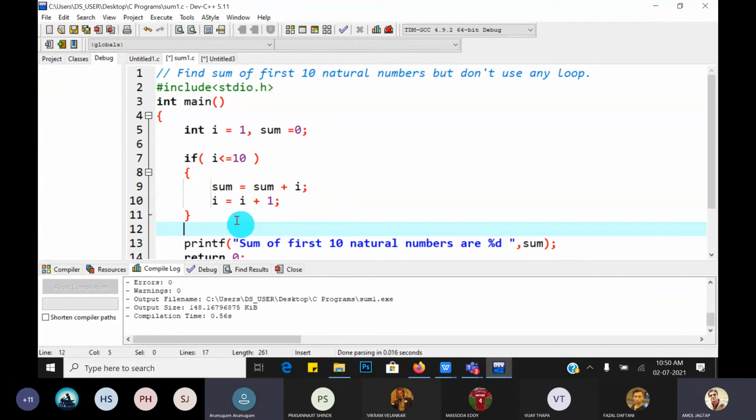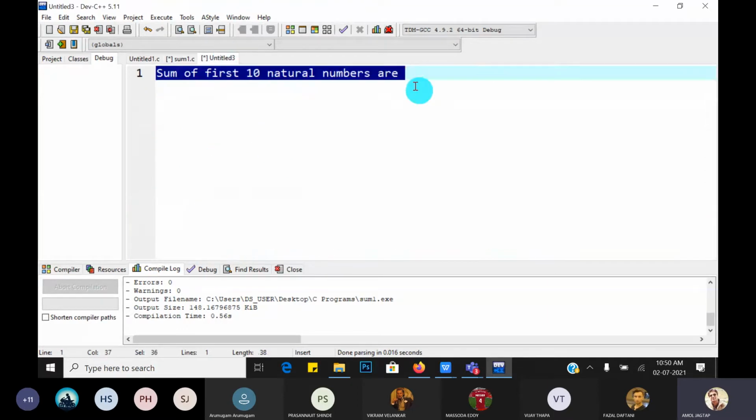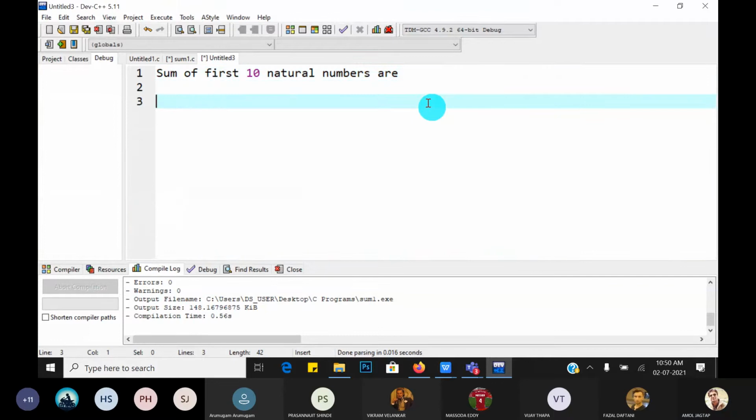So the condition is that you don't use recursion. A function calling itself is called recursion. We will see that part in later sessions, but don't use loops. Don't use recursion. Then in this type, what is our concern? How to convert a branching statement into a looping statement. So there is one construct called goto. So how does goto work? Goto and label.